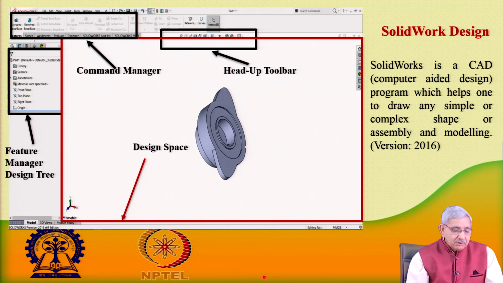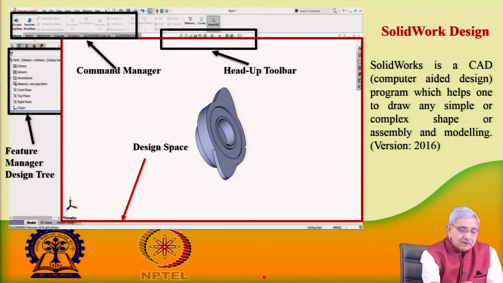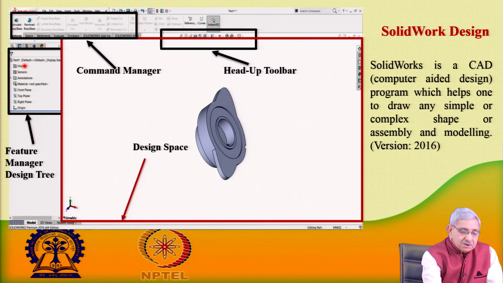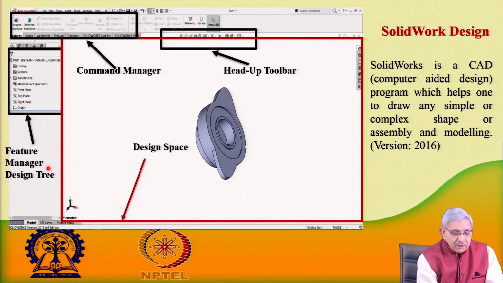This particular software has certain features. In this window which you see here, there is a history, sensors, annotation, and what type of material, and that is the feature manager tree. There are different types of commands. You can see here the features, sketch, weldments, and these are the command manager.